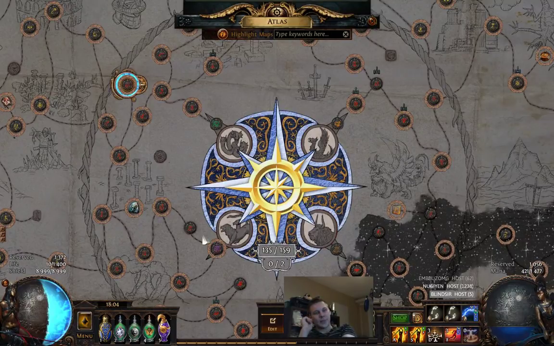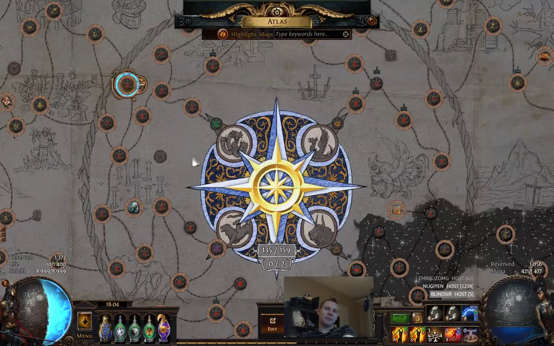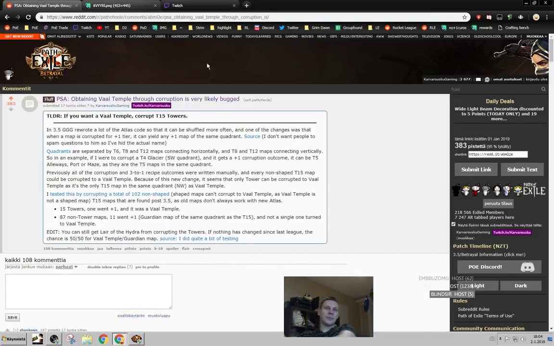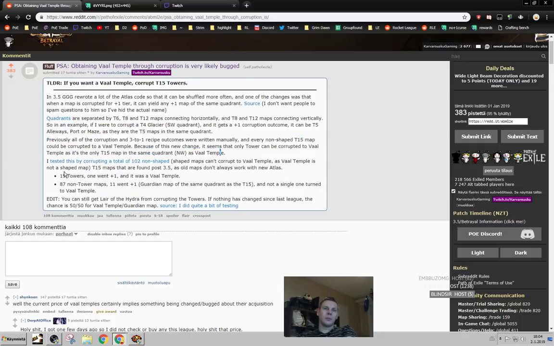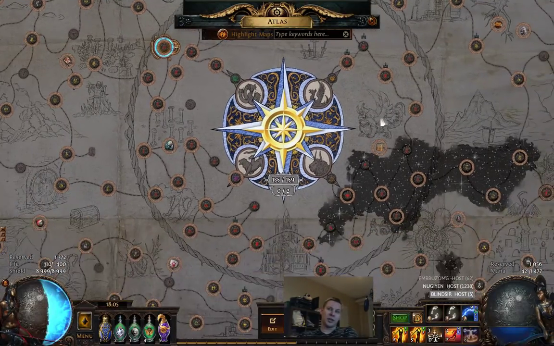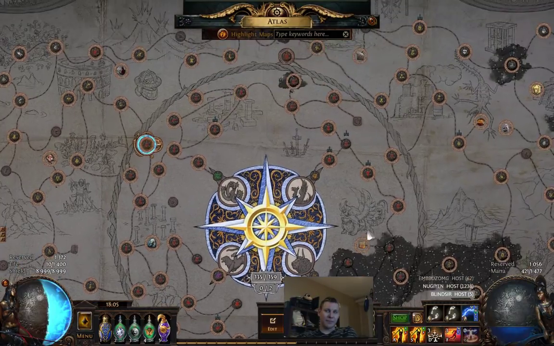But we went to actually test this, and the small test I did, which is like 102 maps or something like that, I had 15 Towers, and I corrupted them, and I got 1 + 1, and it went to a Vaal Temple. So that confirms the Tower can give you a Vaal Temple. And then out of the 87 non-Tower T15 maps, 11 got +1, and none of them went into a Vaal Temple. So the chance for that to happen is like, what, 1 in 2048. So it's still a chance that I just got unlucky, but I feel like this is, if nothing else,